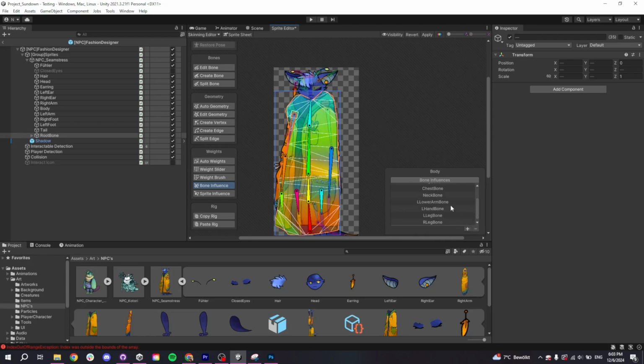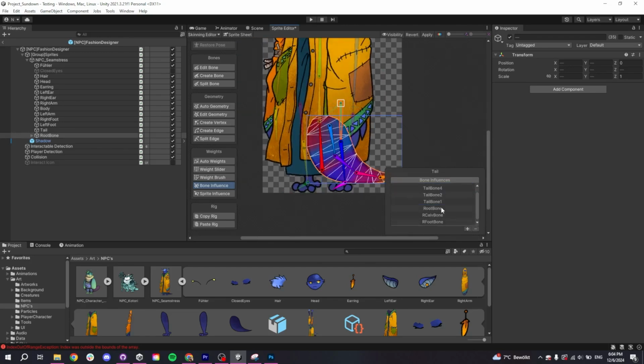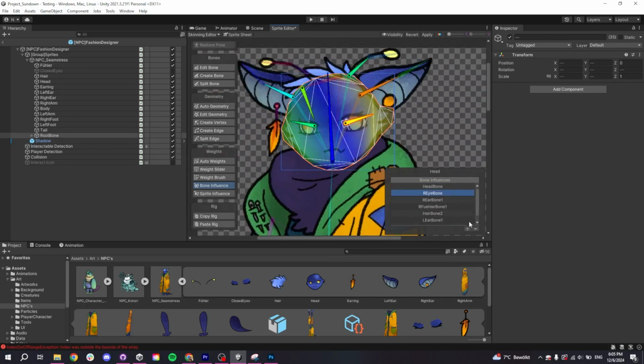L arm bone? Out. L lower arm bone? No. L hand bone? Nope. L leg bone can go out as well. Same with our leg bone. And, oh whoops, I forgot our lower arm bone there. You can leave as well. And now there we are. With our 4 bones, we have 1, 2, 3, 4 colors as well. Looks good. Same procedure now for all the rest of the bones and sprites,